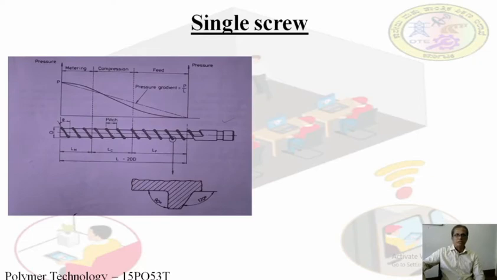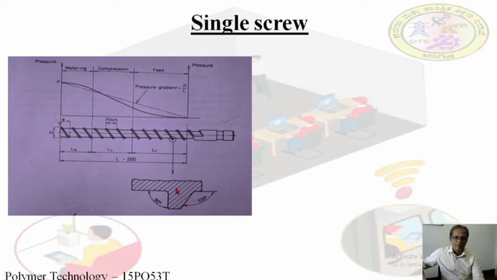In this slide, you can see a single screw. This end is fitted to the driving mechanism. These are the screw threads you can see over here. The gap between the screw thread is called flights. So material, when it falls down from the hopper end, will move along the flights of this screw to the exit end. Starting this portion is the feed zone, middle is the compression zone, and this is the exit zone or metering zone. These are all imaginary zones.